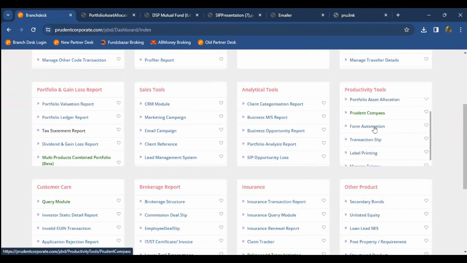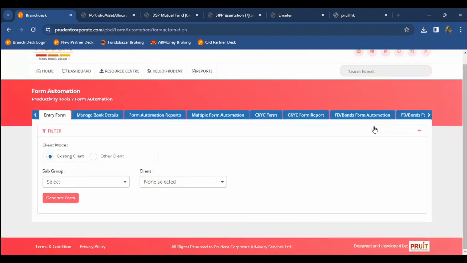Now, form automation is again a very important thing. We have form automation for mutual funds, for KYC, and fixed deposits. So instead of filling forms physically, obviously we have two ways to transact. One is physical, offline, and one is online. But there are always a set of people who are hellbent that they want to go physical, they want to do offline things only. But